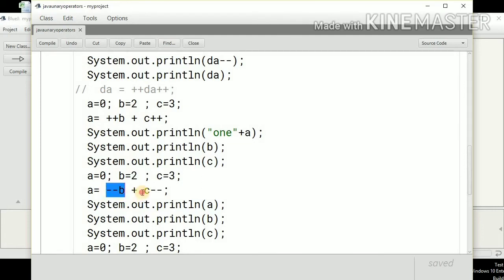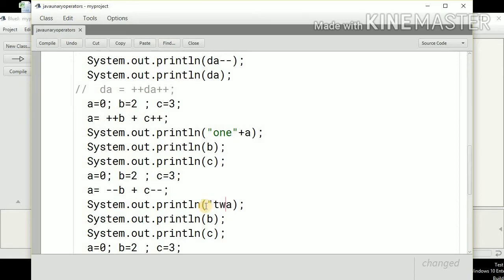And in this case it is post-decrement, so we will use the old value of C, that is 3. So 3 will be used here, and later on C will be decremented to 2. So this will be 1 and this will be 3, so the result should be 4. The value of A should be 4, the decremented value of B should be 1, and the decremented value of C should be 2.